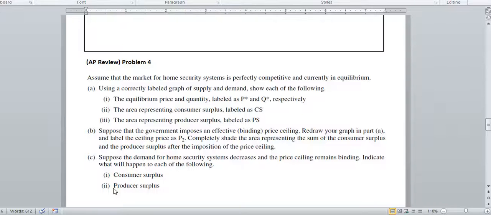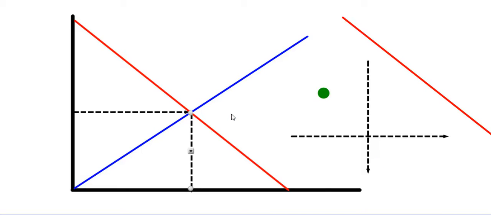Let's look at it. Okay, so we are assuming that we have a market for home security systems in a perfectly competitive market, and they're currently in equilibrium. So that's going to look something like what I drew right here. So we have your supply and demand, and our price and the quantity is at perfect equilibrium. So we can put that point right there. Okay. All right, now,